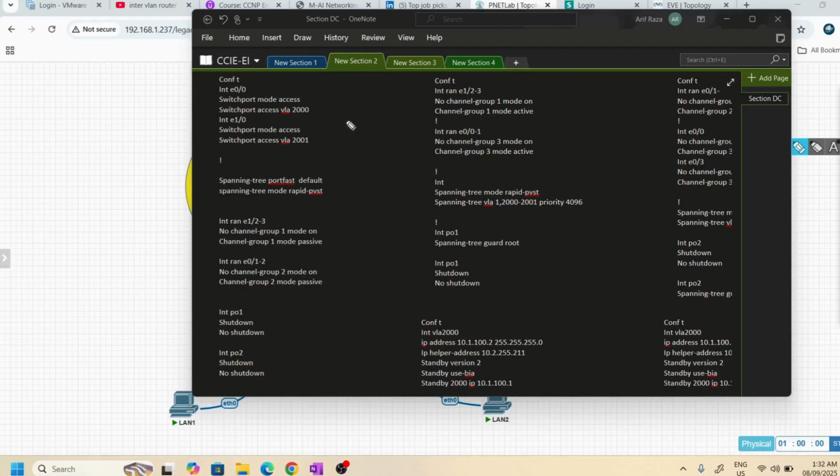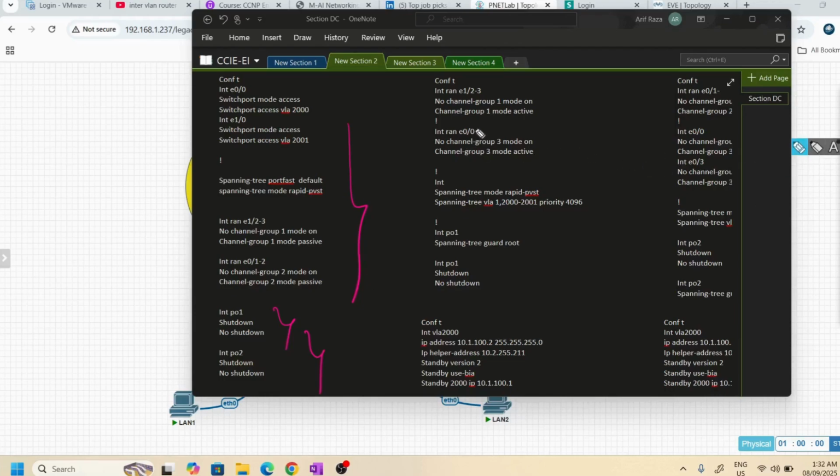So you can understand it in a better way. And this is the basic troubleshooting and basic CLI commands.